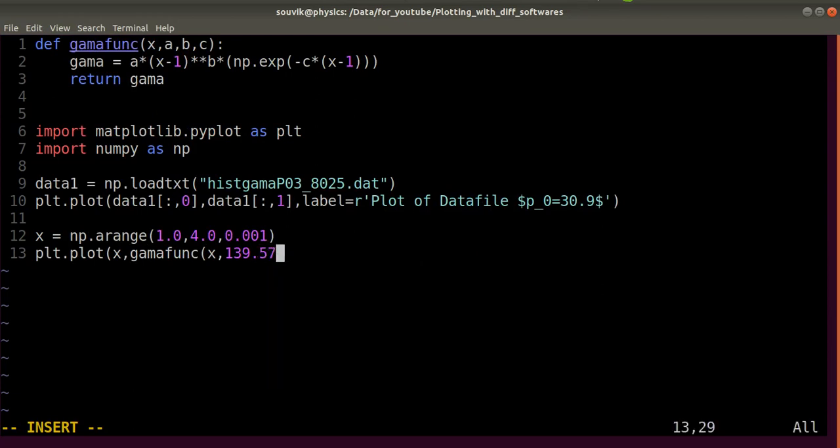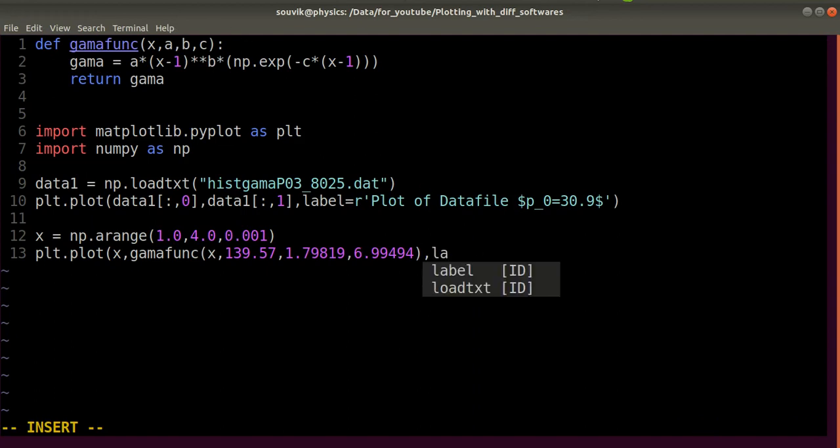So you can put any function, any value, whatever you want. I just have some reference, and I am just putting that value only. So 6.99494, and then close it. And now you can see here you have 4 arguments, here also you have provided 4 arguments, and the range x as a range, that also you have provided. You have to be careful about the number of arguments here and the number of arguments you have defined in the function.